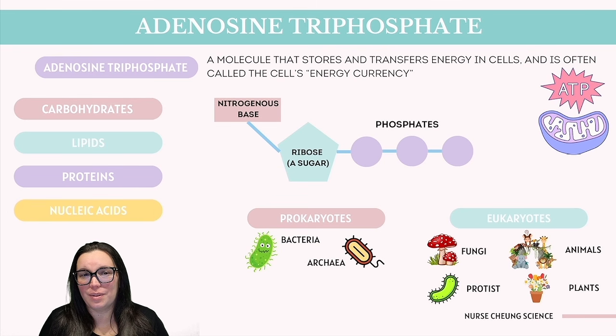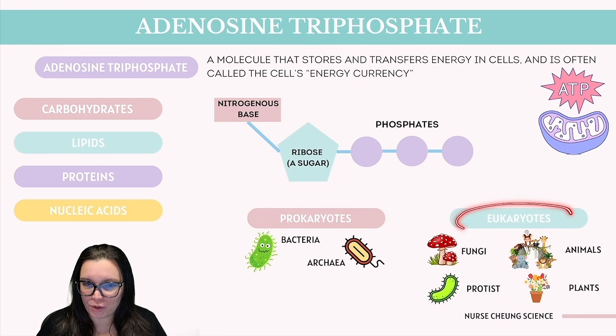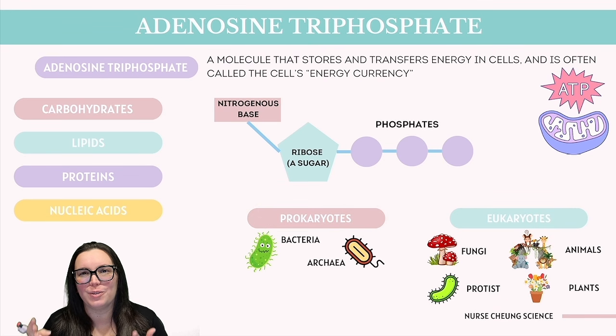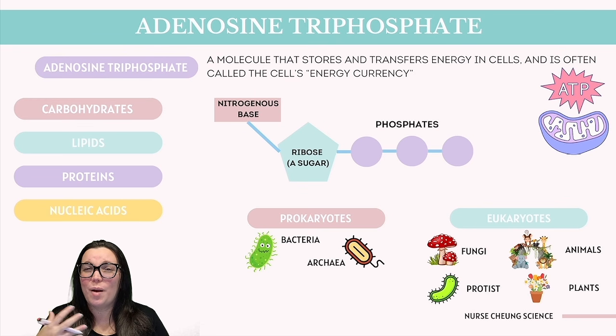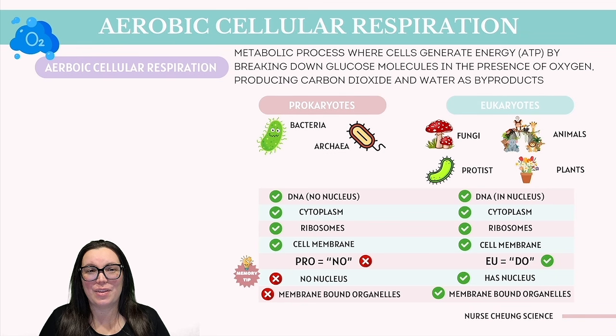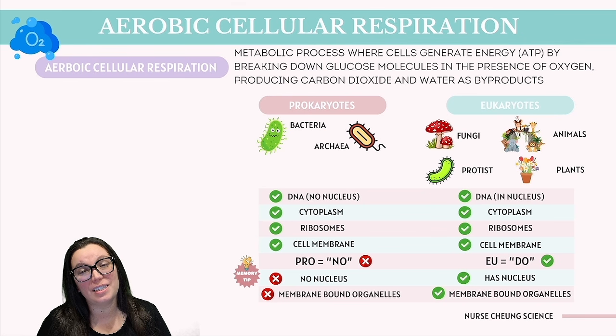So what's the big deal with ATP? Every cell, whether it's a simple prokaryote or a more complex eukaryote, needs to produce ATP. But the way that they're going to manufacture that ATP is going to vary depending on the cell type. One fascinating method is known as aerobic cellular respiration, a process mastered by many organisms. In this video, we're going to be zooming in on how aerobic cellular respiration works, more specifically when it comes